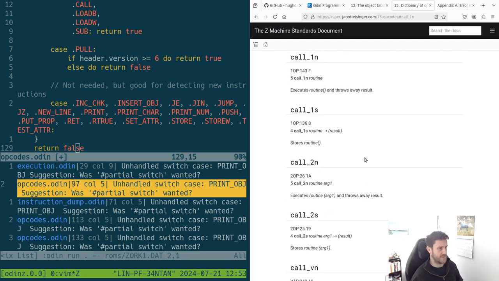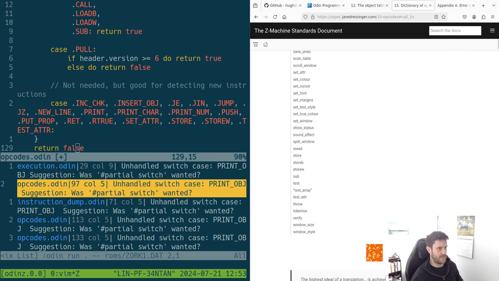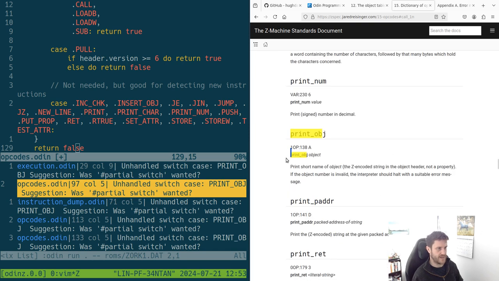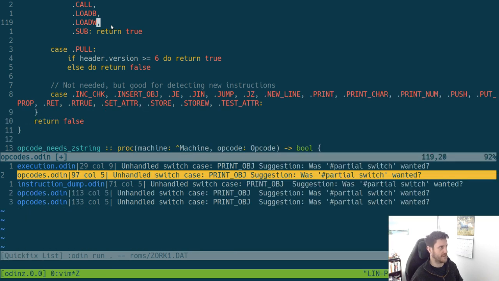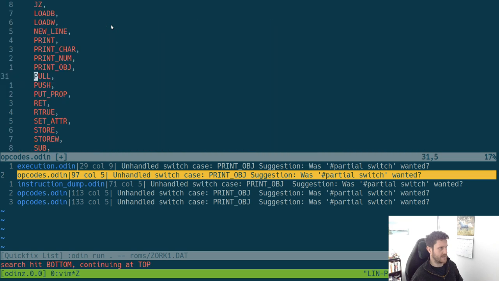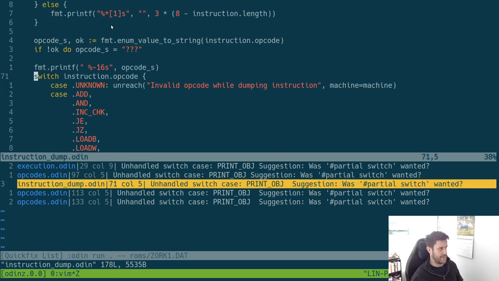If we just search for print obj, it did not need a store, so if we just go back to there, could probably do the same there and go back to pull. It does not need a Z string. Cool, so if we go to this next one,